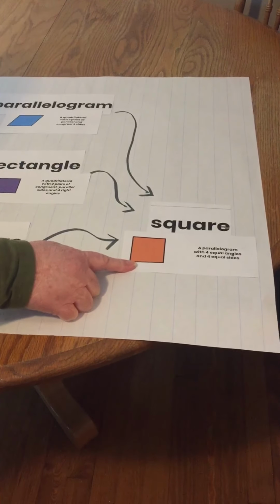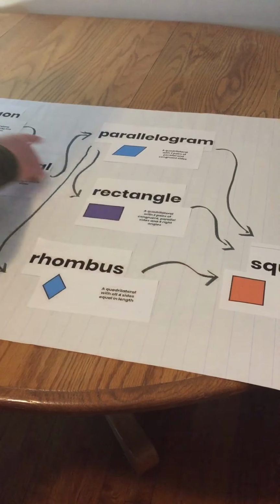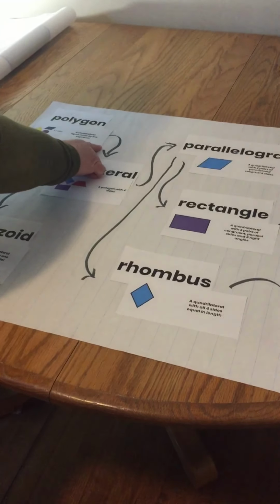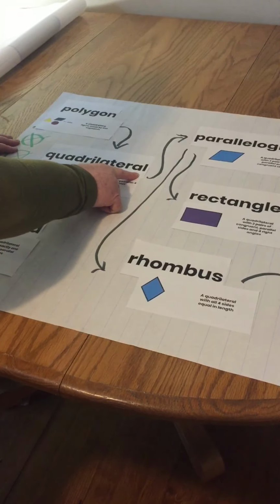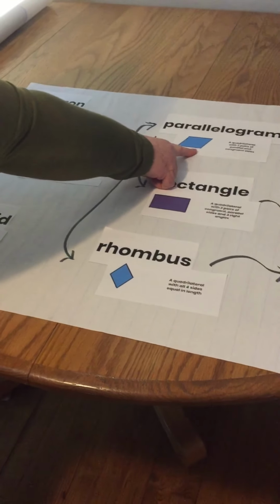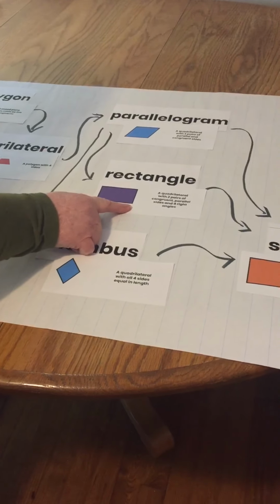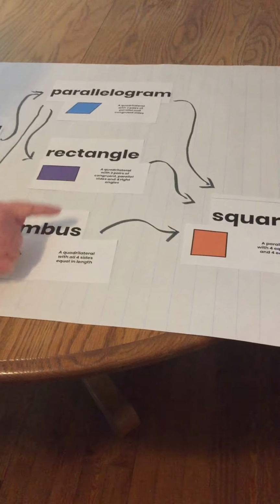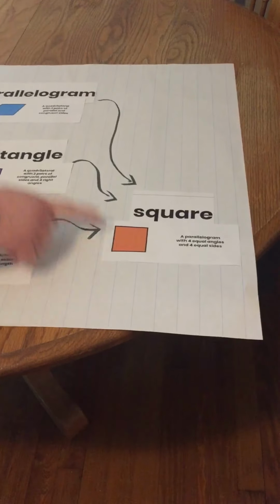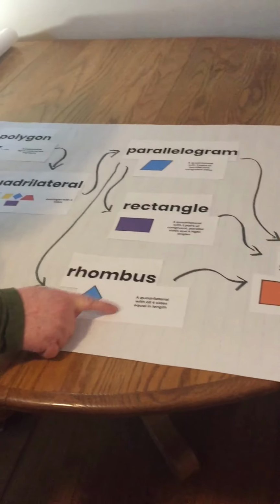Notice that all of the attributes of these fit the square. The square is a polygon because it has 3 or more sides. It has 4, making it a quadrilateral, and it's a closed figure made with line segments. The opposite sides of a parallelogram are parallel lines. It has 4 right angles. It also has all 4 sides congruent. So a square can be a polygon, a quadrilateral, a parallelogram, a rectangle, and a rhombus.